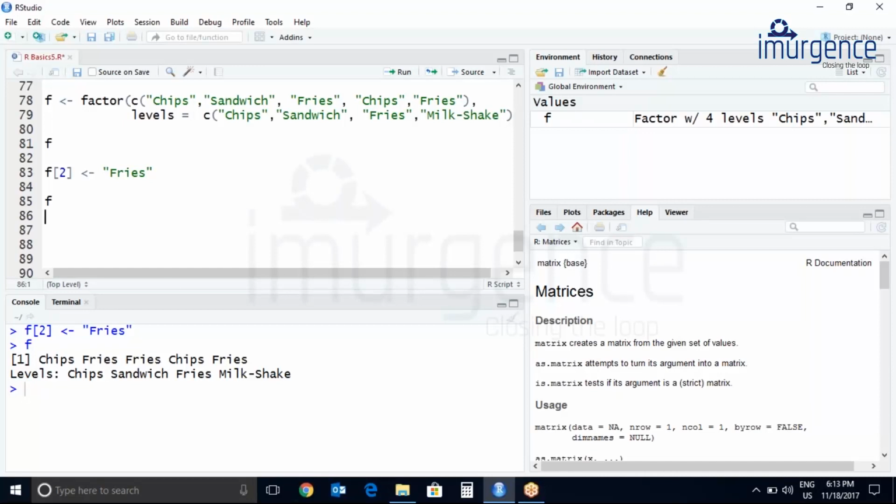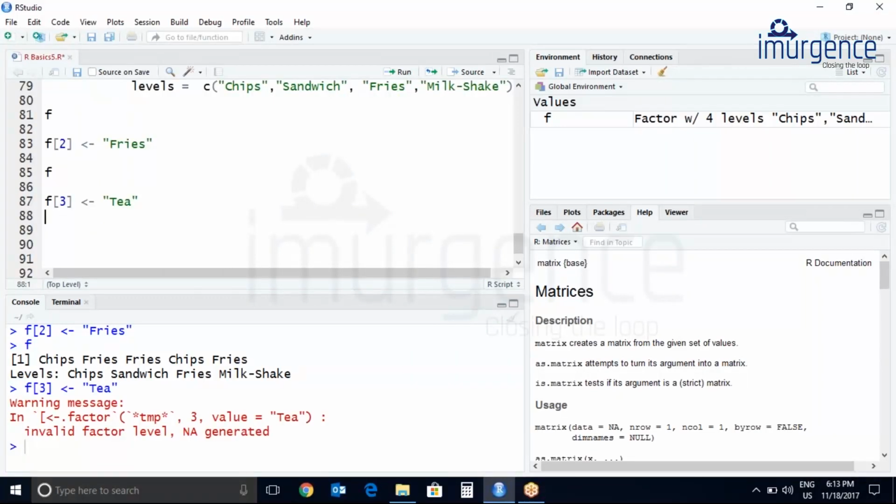Let's try something else. I just want to change the third element to T. So let's just add T. Here I just got a warning message. It says invalid factor level, NA generated.